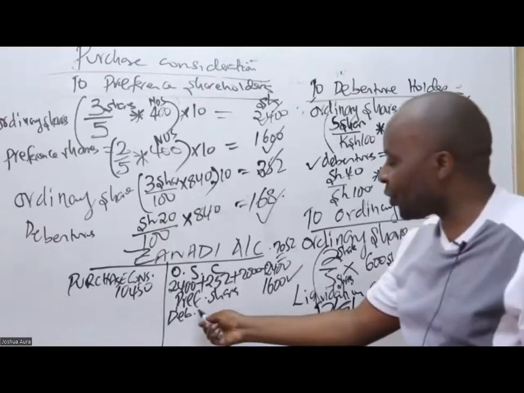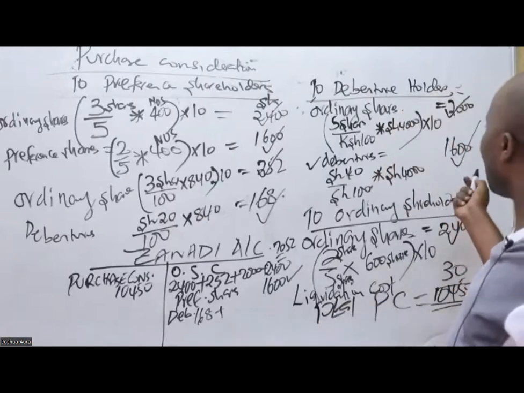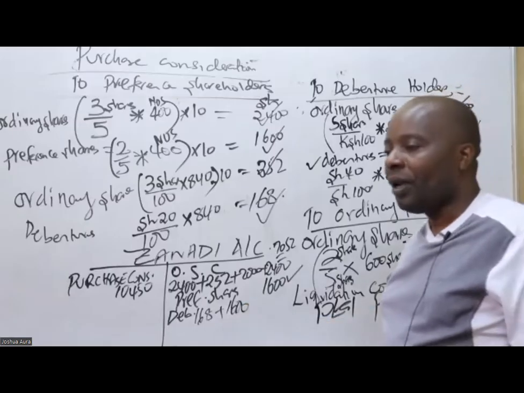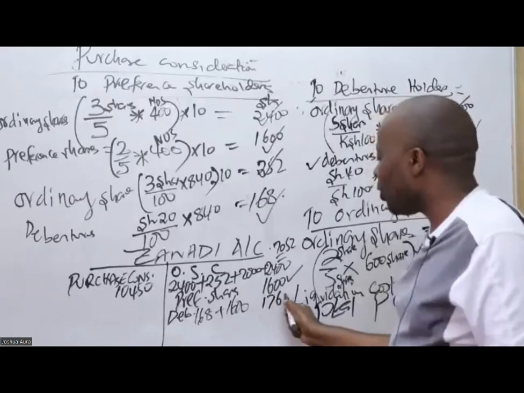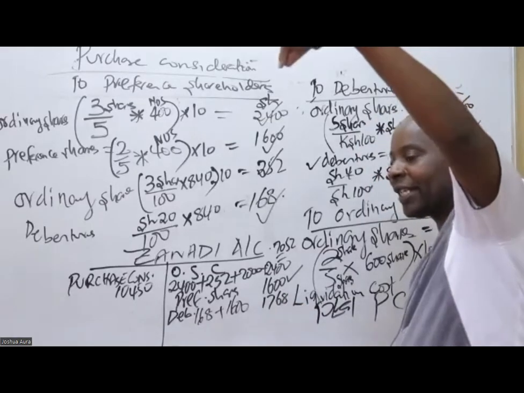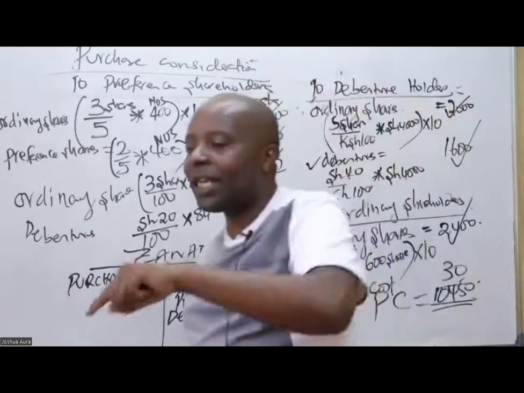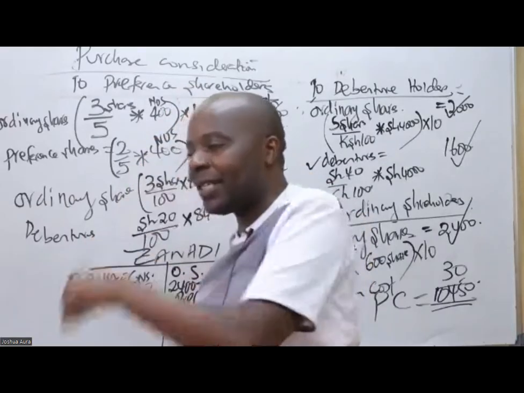So tuko na 168 plus 168 plus 1600. So then this gives us what here? 168 plus 1768. So if you look at your balance sheet, statement of financial position, the one that we started by drawing at first, it has that 1768 somewhere. Or rather, you take this 1768, it has the debenture somewhere, which is blank. You take that 1768 there.